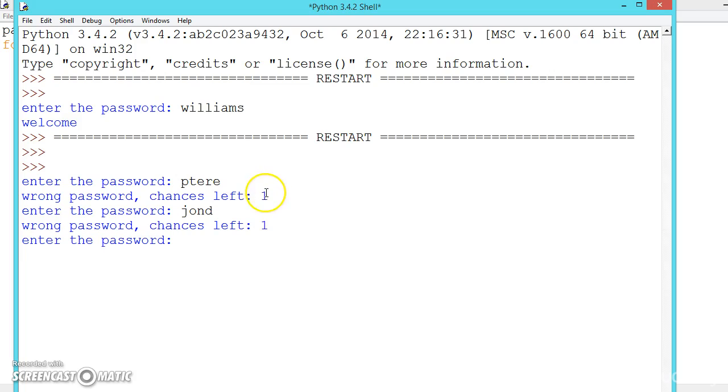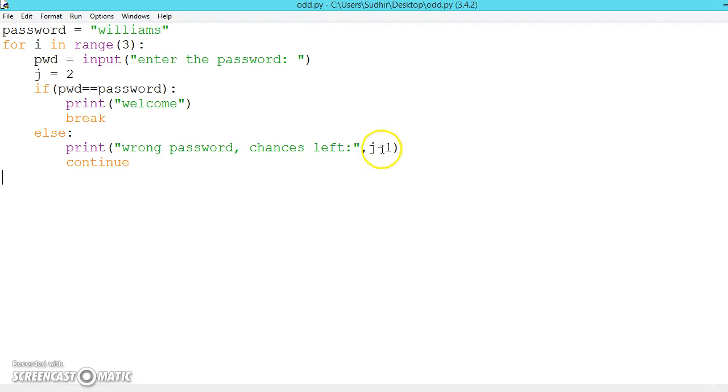John. Chances left 1. This we will be changing a little bit, and this is the last time it is asking, and it is coming out of the system. So for that, j is equal to 2 is right, but it should be j minus i. And let us write one more statement here